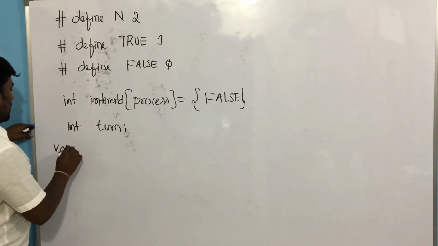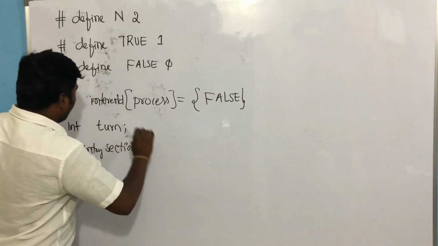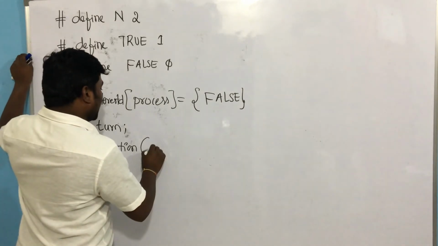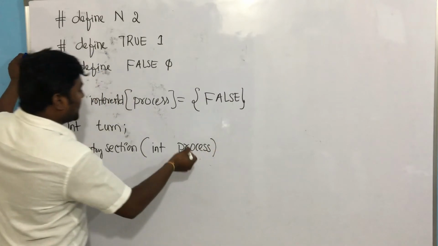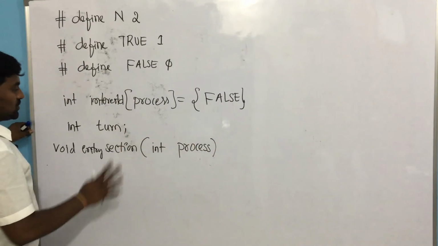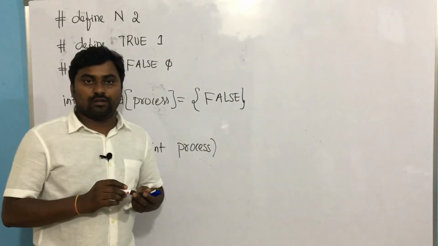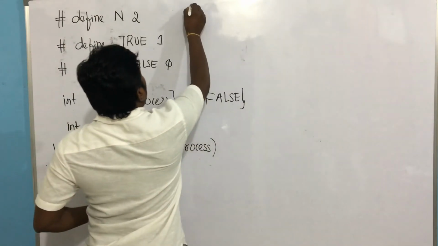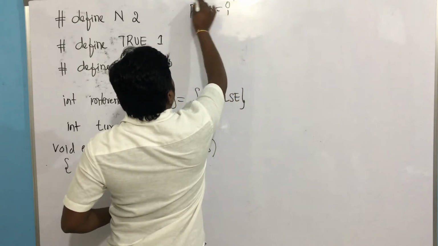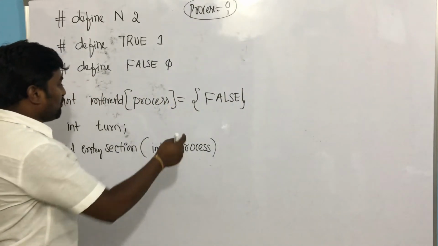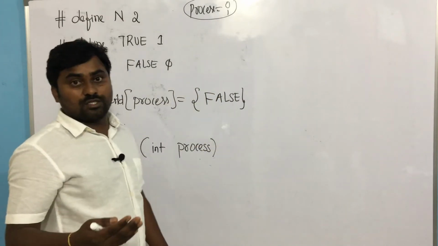Void critical section. So the process who is going to use the critical section, int process, I am writing. Here the process could be, you should think concurrently, either P0 or P1. I am taking two processes, P0 or P1. So I will start. Suppose there are two processes, right? I am writing here the process either P0 or P1. Yes or no? Either P0 or P1. Correct. If the process is 0, 1 is what? The other process. Correct or not?